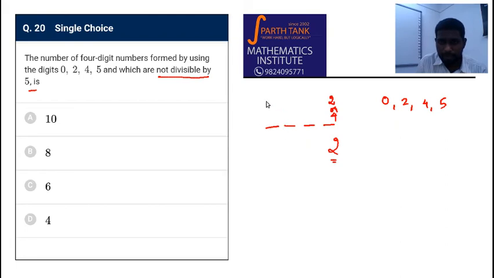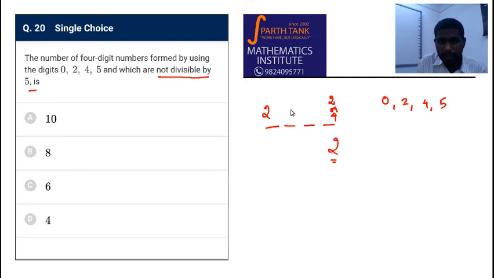First we will focus on the first place, because if 5 or 0 is here, then it will be divisible by 5. In the first place, if you put 2 or 4, imagine you put 2, then you have 0, 4 and 5. But from these 0, 4 and 5, you can have only 4 or 5. Only 2 possibilities can be here. So imagine you have put 4 in that.